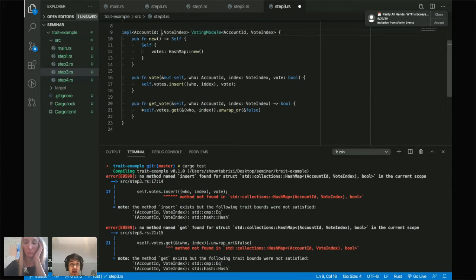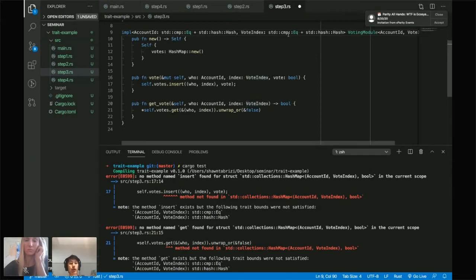So what I can do here is I can say that, okay, well, AccountID is not only some generic type, but it's some type that must implement std::cmp, that's compare, and then Eq. It must implement this trait, and it must implement std::hash::Hash, right? And I will probably need to do the same thing for VoteIndex as well. And tell me if, so this is, I think, a point where people might start asking questions again. But you can see here that basically I'm just constraining it so that not any type can work as an AccountID. Any type that I can compare two things to be equal and I can get the hash of the value will work. So let's see if now it compiles, now if it works.